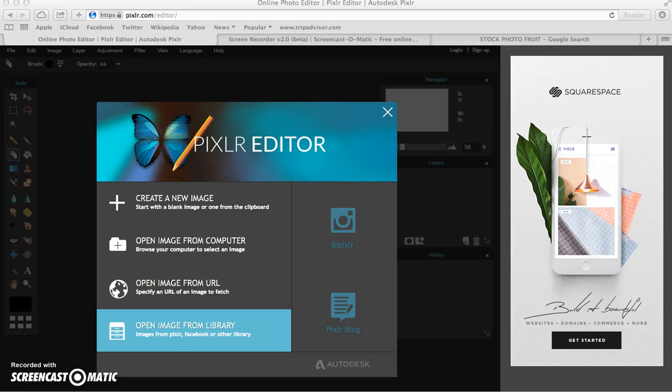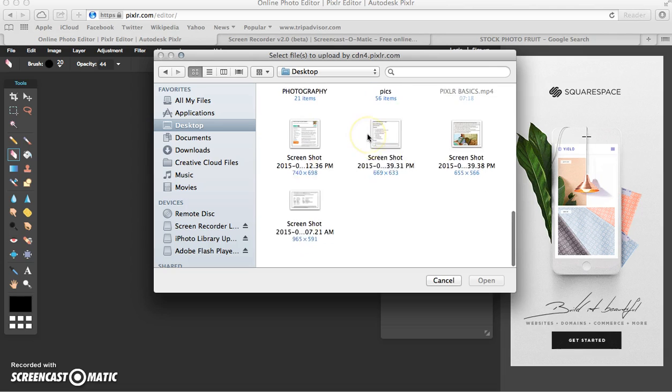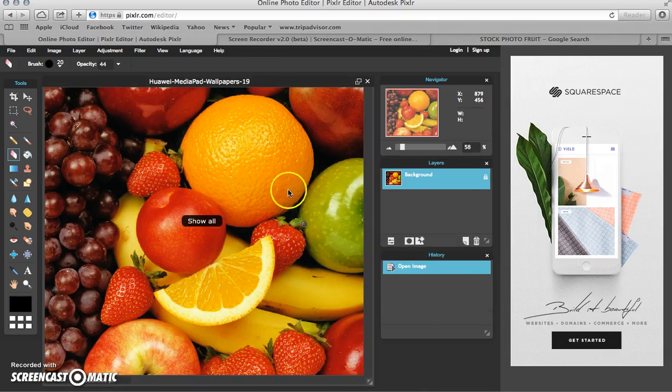Today I'm going to show you guys how to use Pixlr Editor to create the selective color look. So I'll go ahead and open my image. I just pulled a picture from the web from Google onto my desktop. So if I want to take something in this picture and have the background be black and white, yet have